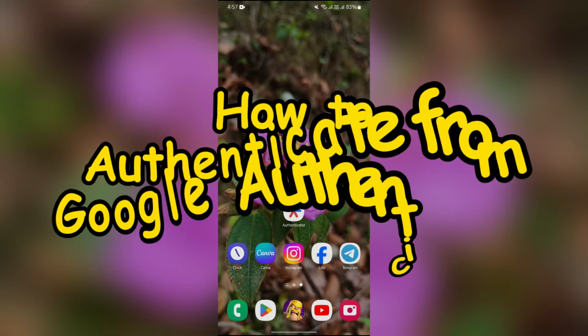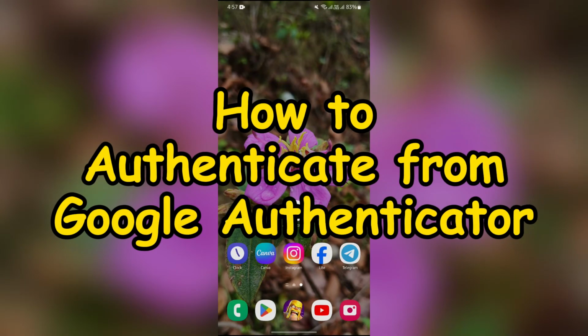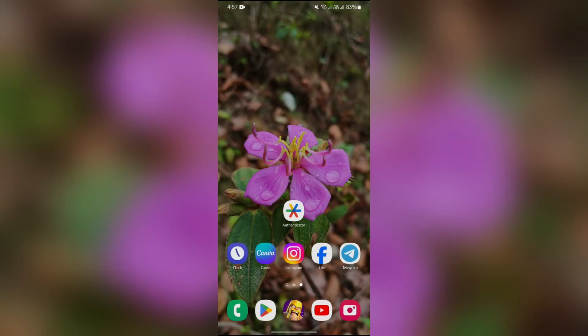In this video I am going to show you how to authenticate from Google Authenticator. So without any further ado, let's dive right into this exciting video. In order to authenticate from your Google Authenticator, you just simply have to go into the Google Authenticator and let's